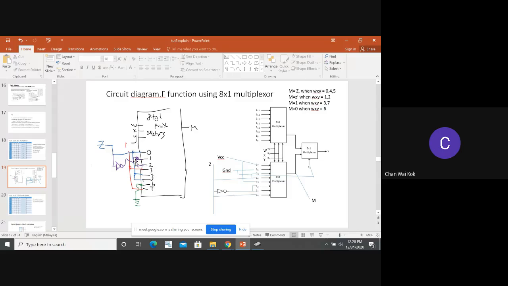You just do the circuit. This is the drawing. So you can see M equals Z. You have W, X, Y here. So you connect W, X, Y to the selector. This is the selector of the multiplexer. Since you are using the lower portion of the multiplexer, you use here. Then M equals Z when it's 0, 4, and 5. So you put the Z here, connect to 4,